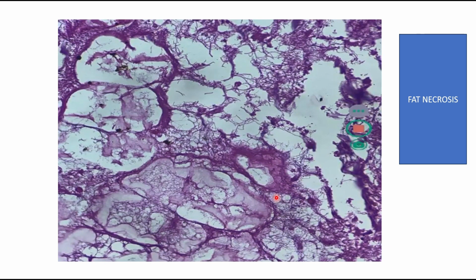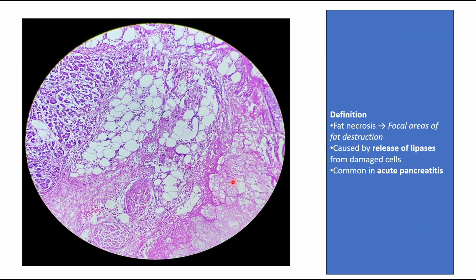This is fat necrosis. So by definition, there is fat destruction caused by release of lipase enzyme from damaged pancreatic acini cells. And this fat necrosis is common in acute pancreatitis. So this is a portion where you can see viable pancreatic acini. This is adipose tissue, and in between these cells, there is inflammatory cell infiltrate, hypertrophied nerve fibers, and this is area